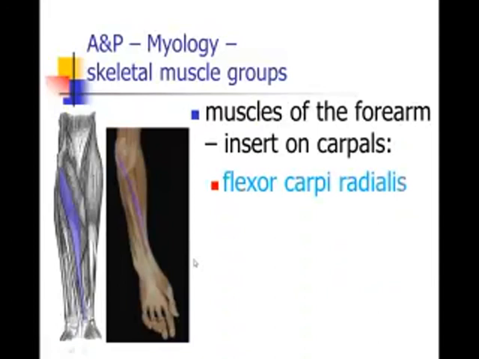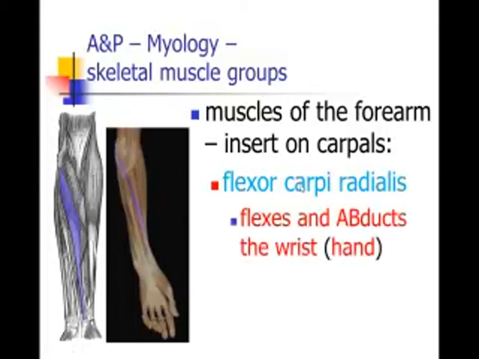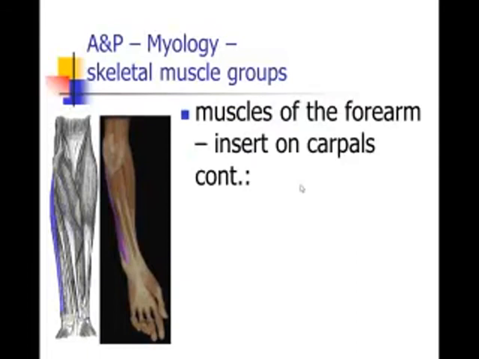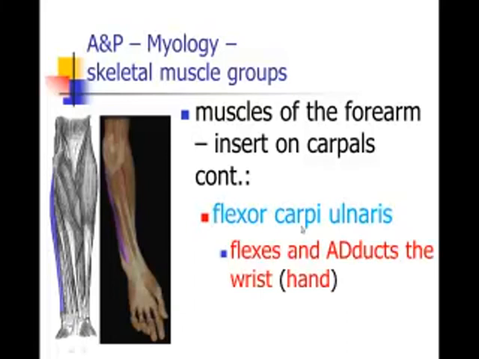So here we have flexor carpi radialis. Flexor carpi radialis goes to the carpal bones. The name tells you it flexes them. And because it's on the lateral side, it's also an abductor of the wrist. Here we have flexor carpi ulnaris, because it tells you that it flexes the carpals. It does. And it goes to the ulnar side, so that means it's an adductor of the wrist in addition